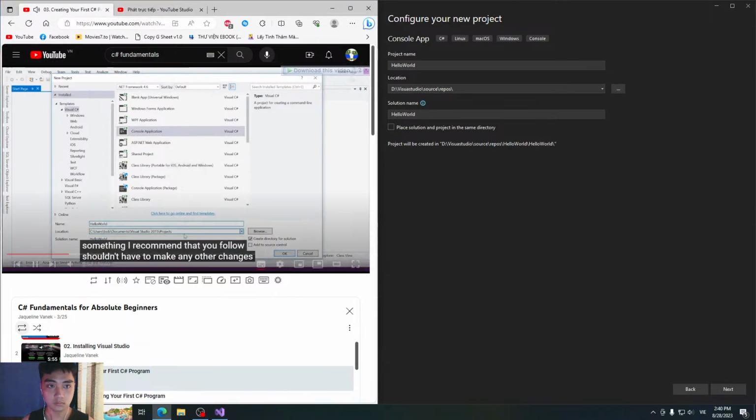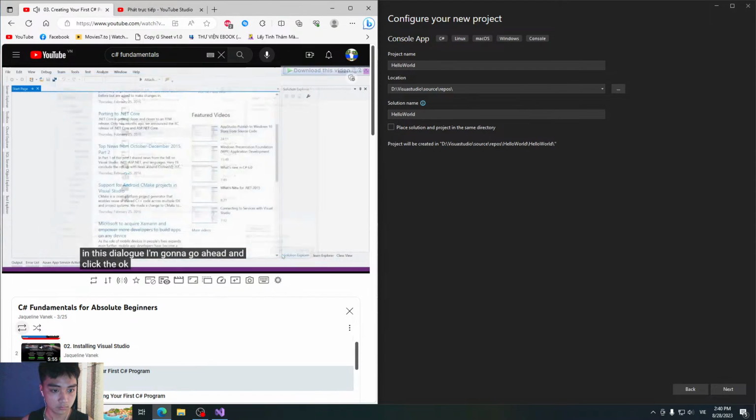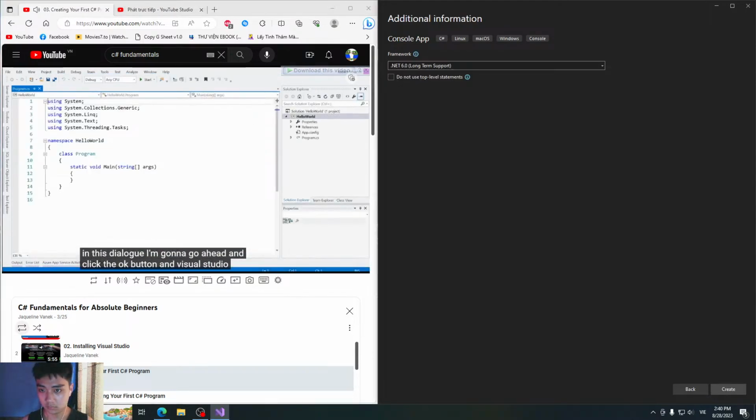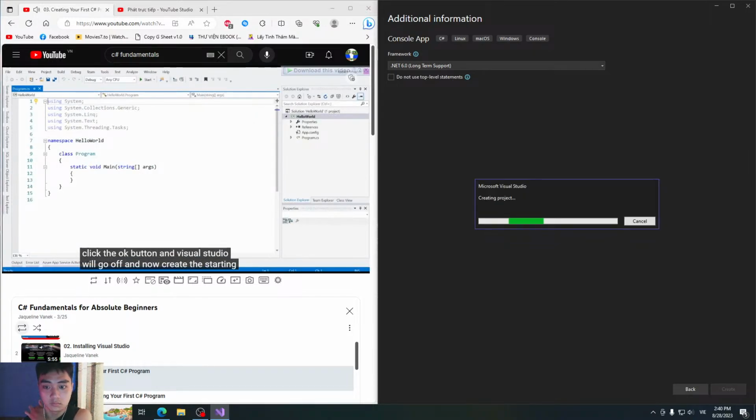We shouldn't have to make any other changes in this dialog. I'm going to go ahead and click the OK button, and Visual Studio will go off and now create the starting point of a console window application for us.